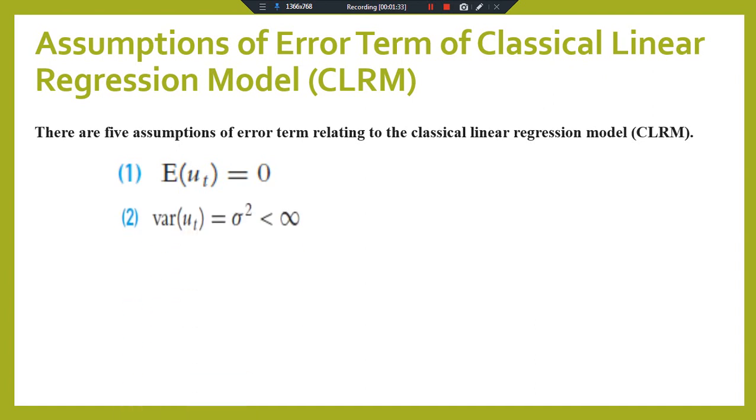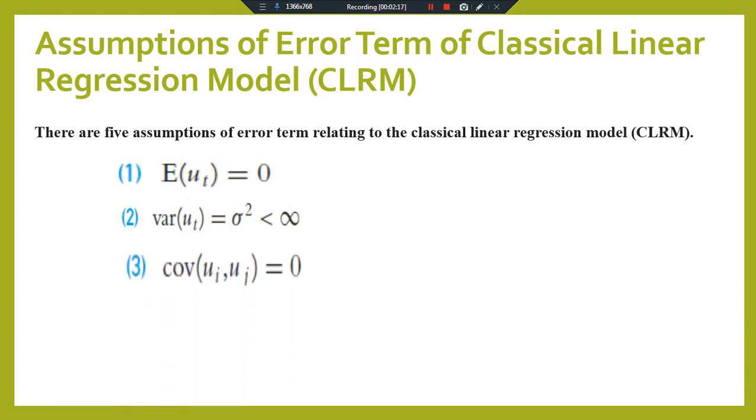Okay, the variance of the error must be constant. If the variance is not constant, we technically call it heteroscedasticity. We will cover this in our coming session. It means that the variance of the whole series and the variance of any selected 2, 3 or 4 observations from the series must be the same. That the variance must be constant is known as homoscedasticity. If the variance is not constant, then we call it heteroscedasticity.